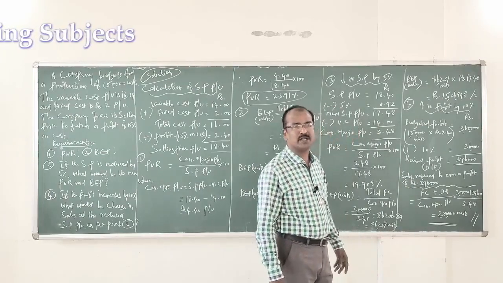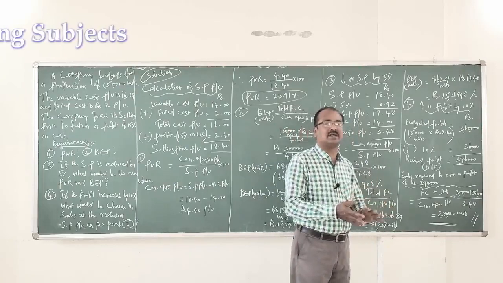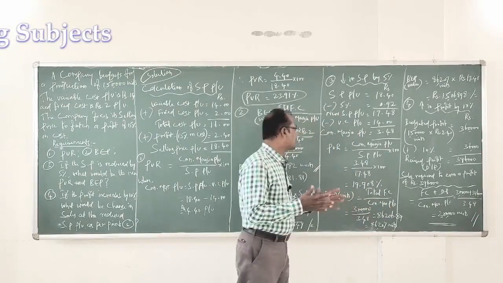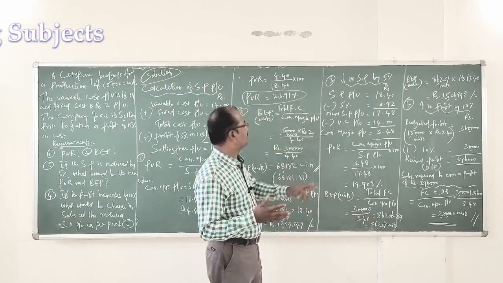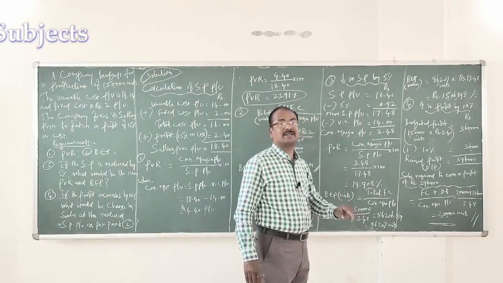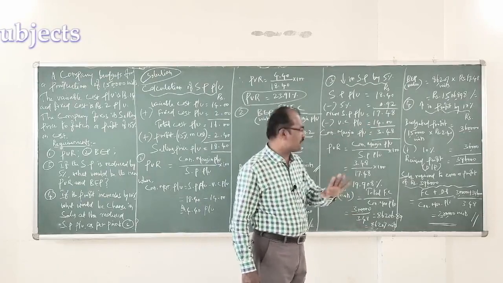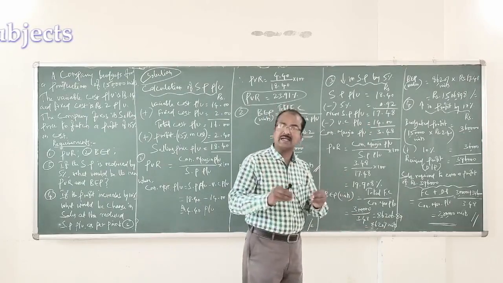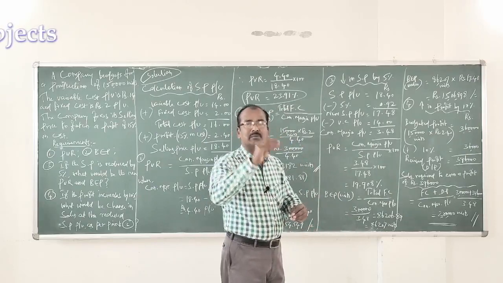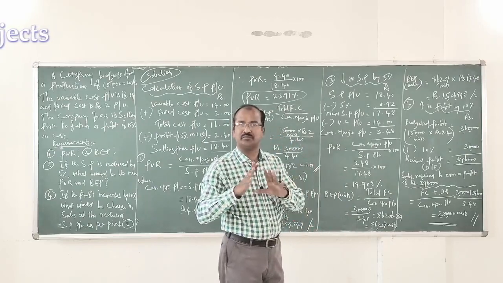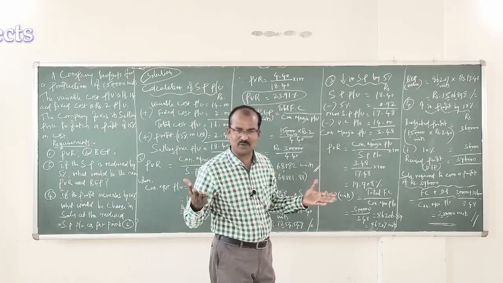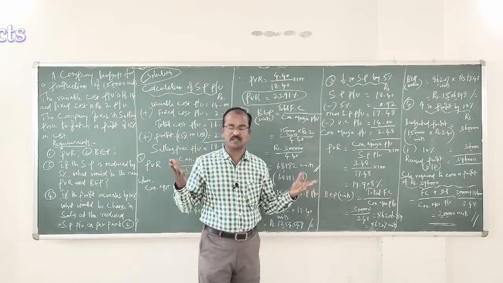So what is the conclusion here? If the concern sells 2 lakh units at the selling price of 17.48 rupees, it is likely to earn a profit of 3,96,000 rupees, which is 10% above the profit earned by the concern in its original situation. This is what I would like to explain in this problem.